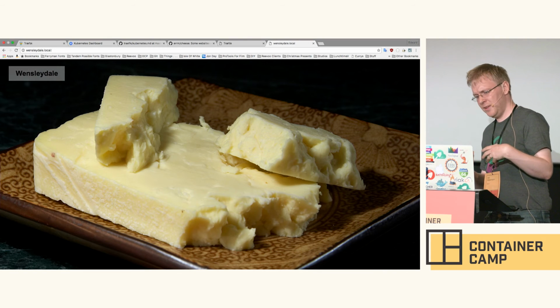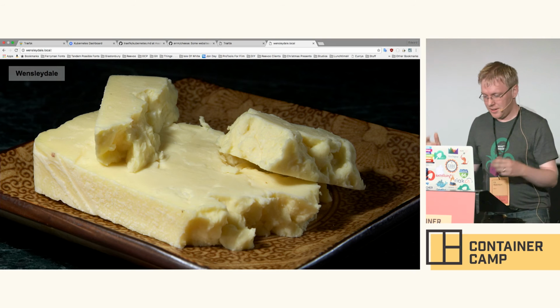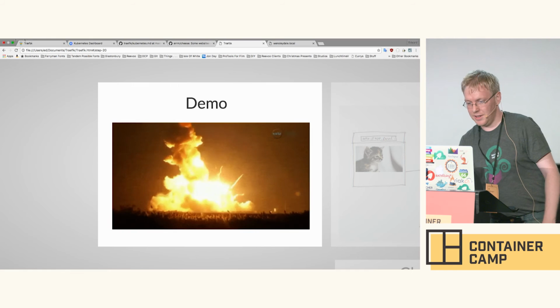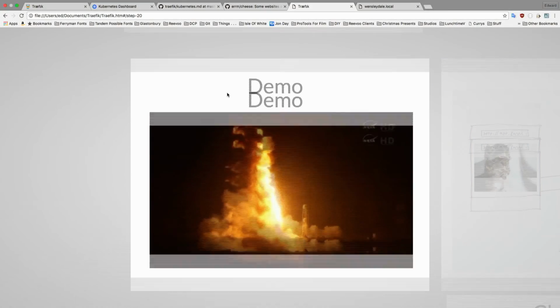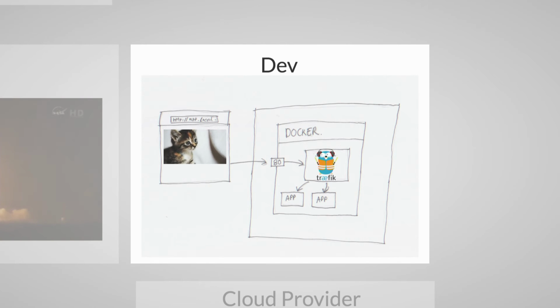Cool. The demo is a bit longer, but it really does work. And I think I'm going to finish the presentation rather than the demo because it's a bit more interesting. So I've just got some slides here about ways that we might want to